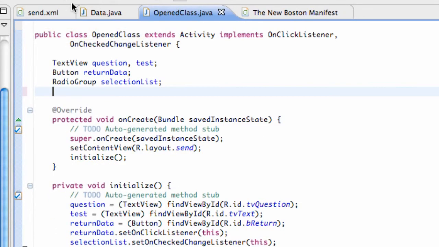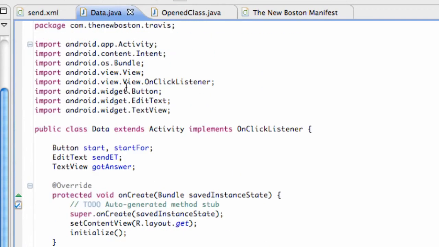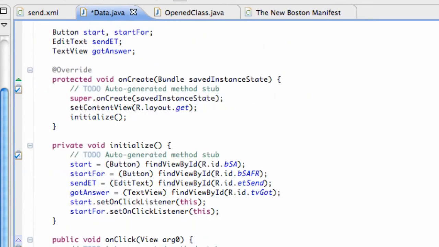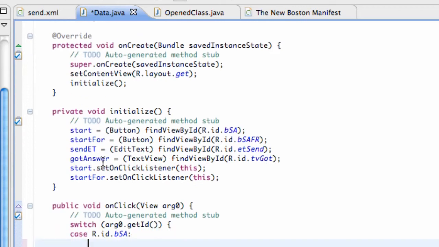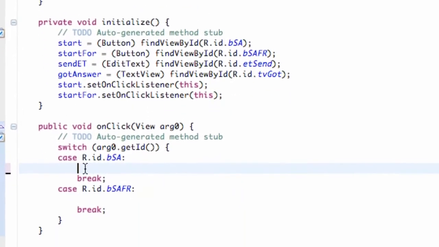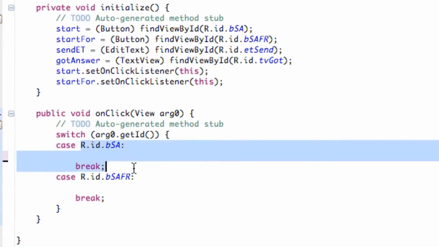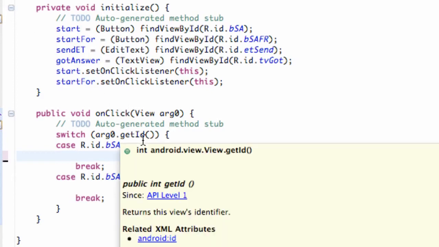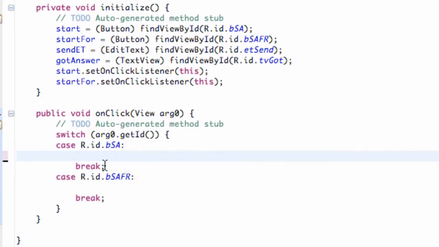So just save that and then go into your data class right here. We have this all set up as well. Within this method right here where we say button start activity, this is where we're going to pass some data. So what we want to do first is set up a string that we're going to pass, because we're going to pass a string over to that open class. So we're going to set up the string within here,